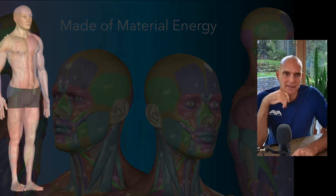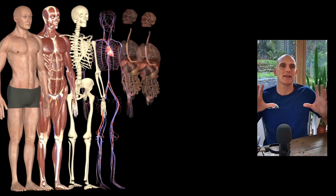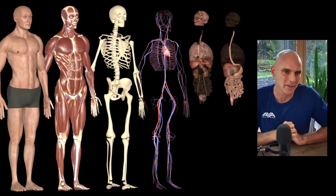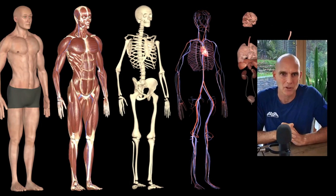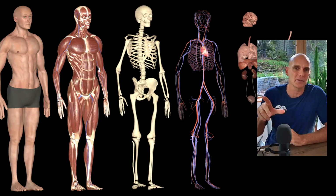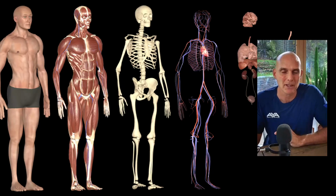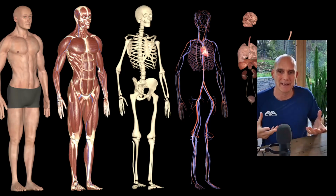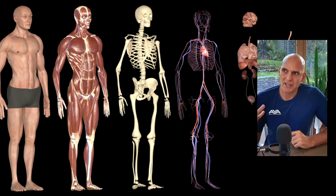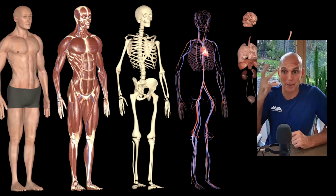Now, in the pyramid course lesson, we go into a little bit of anatomy. We just go through each system very briefly. I'm not going to do that here, but what I'm going to do is introduce you to the program that we use, or the app that we use in Network Healers, or that we're trying to implement into Network Healers. Because when you're sending energy healing, it's very, very useful to have a picture in your mind